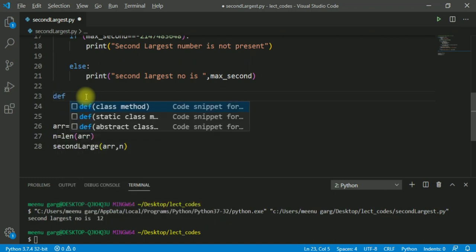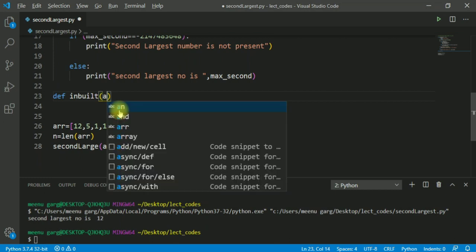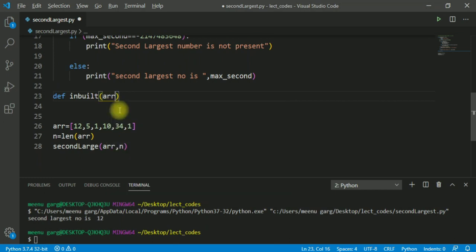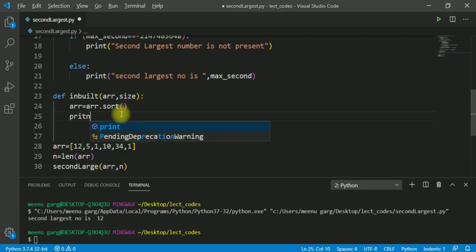I will make another function, inbuilt, and it takes the array and size. Actually, I don't need size itself. My array is equal to, there is a function sort, and I just need to print